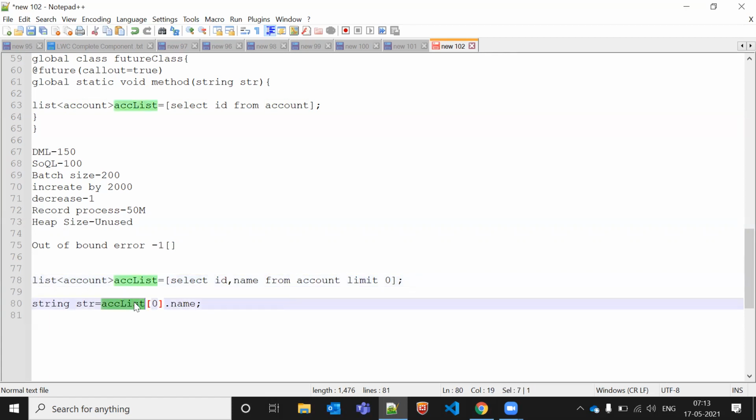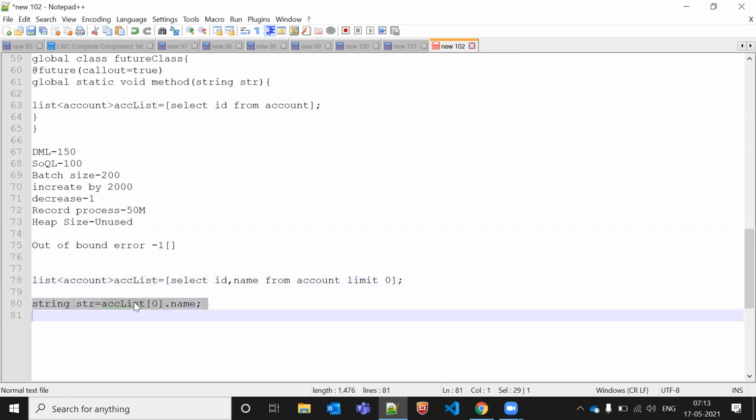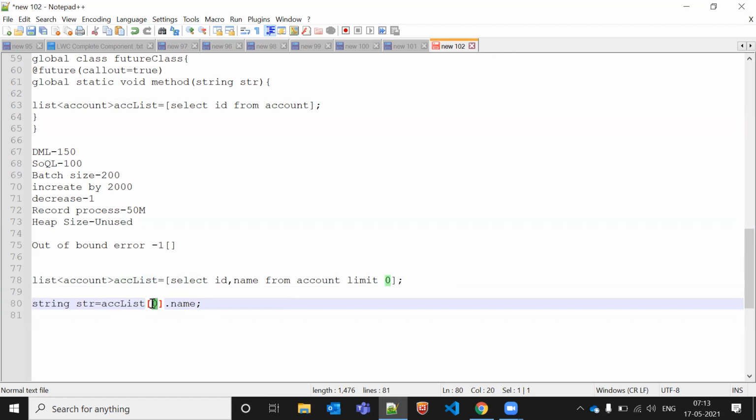After that we are taking the first record, the 0th element from this list. If there is nothing, how can we fetch it? So it will show the list index out of bound exception.